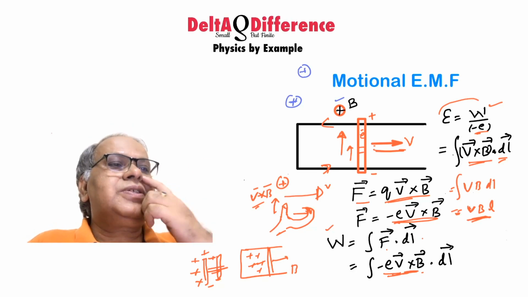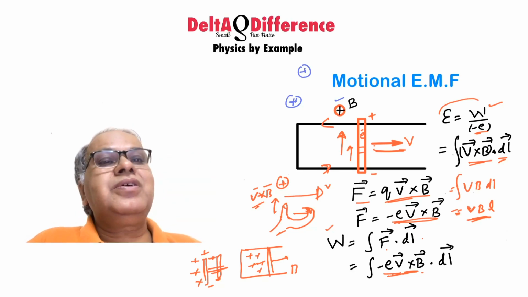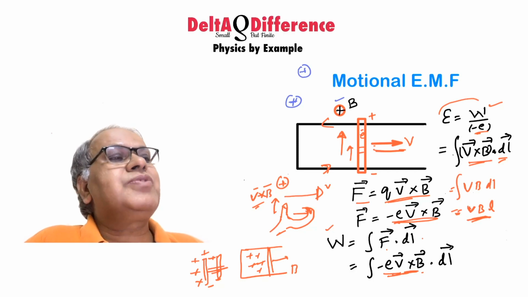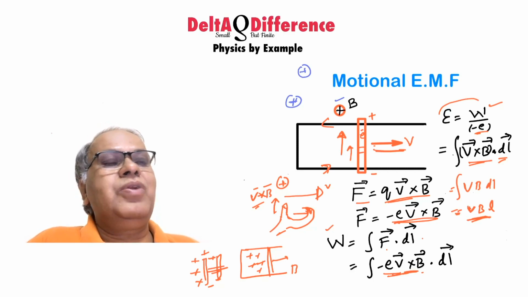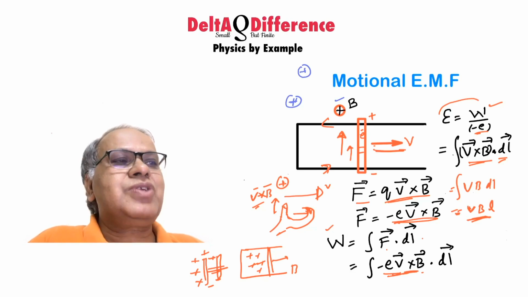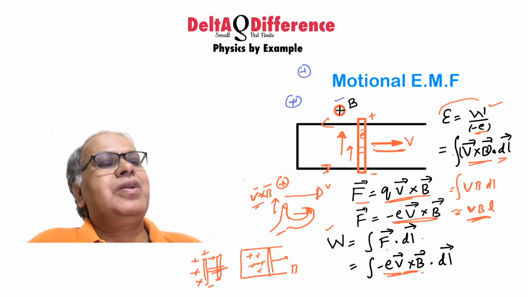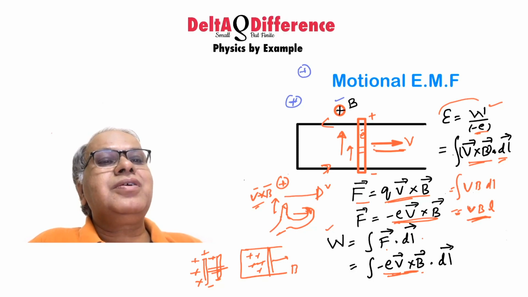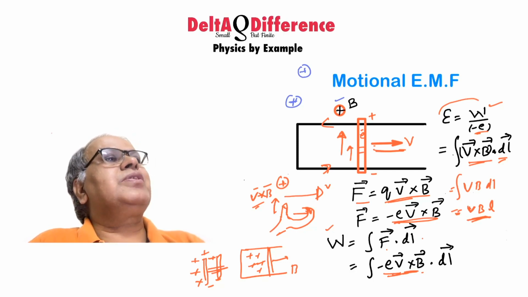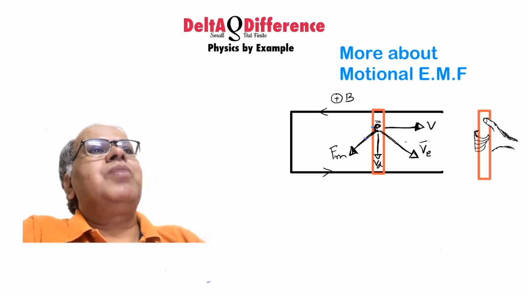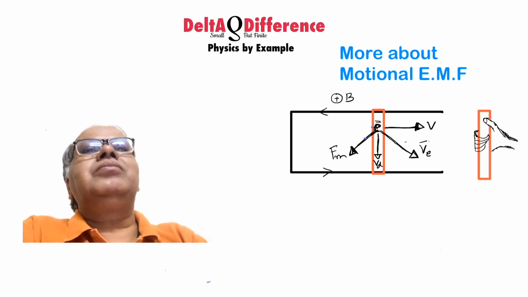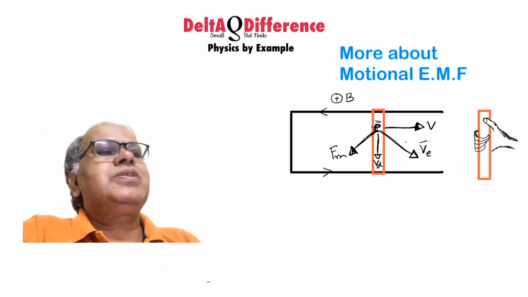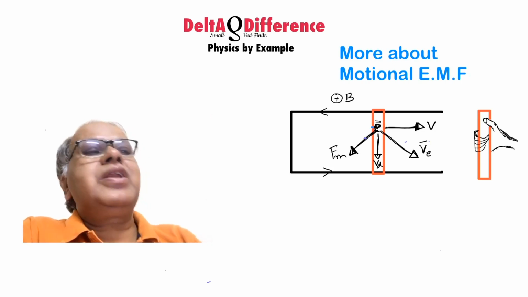And how this EMF is obtained here can be explained in terms of the force applied by the magnetic field only, though here there appears to be some trouble. What is that problem here? The problem we are facing with this is, magnetic force is applied, all right, but magnetic field doesn't do work. So where are we getting this energy from will be a question. The explanation comes properly if you watch from the lab frame. That means you'll stand somewhere outside and watch the whole thing.